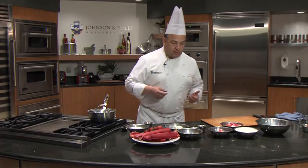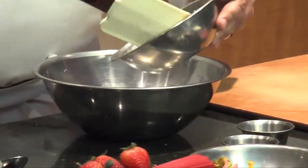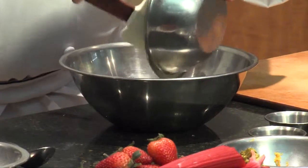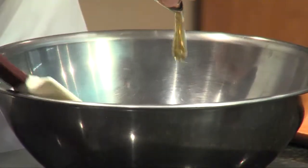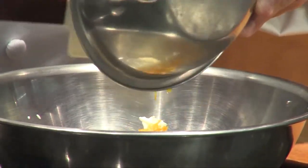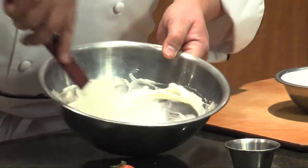So meanwhile, we're going to start making our fool. A fool is very popular. It's like a parfait, but I'm going to lighten it up a little. So I'm going to mix a little. Right now I'm going to start with a little yogurt. I'm going to add some honey. And we're going to add the zest of one orange. So now that I have it mixed up, as you can see,